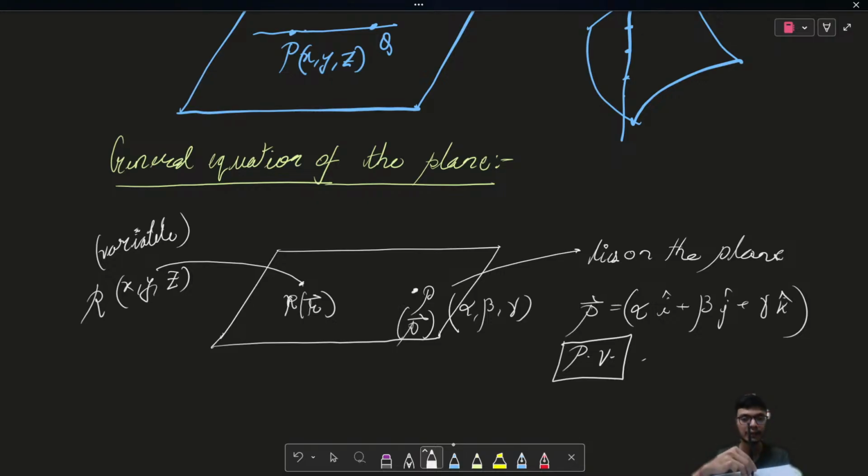Now if I just change the orientation of the plane to obtain different planes, then the orientation of this black vector or this pen vector will differ. So this way I can define a uniqueness or a unique parameter that is associated with a plane. So if I'm going to define the unique parameter of a plane,